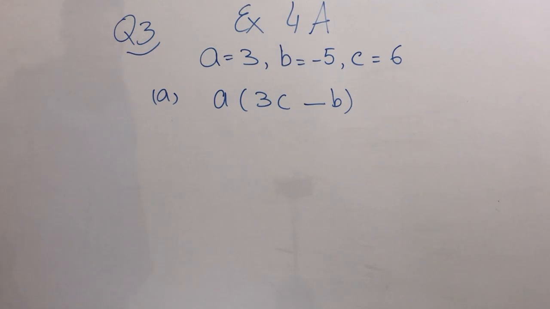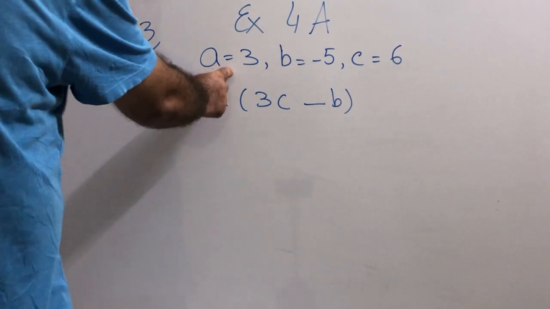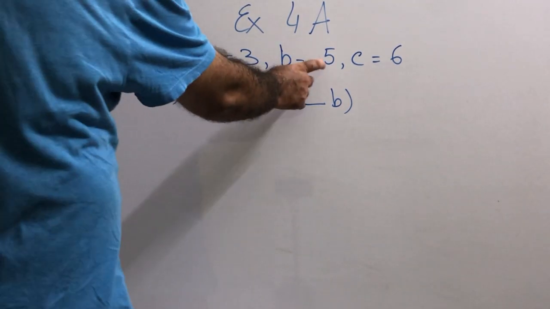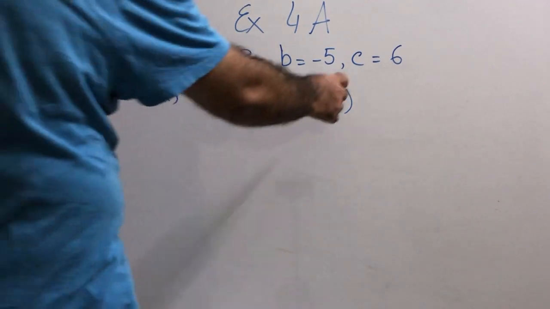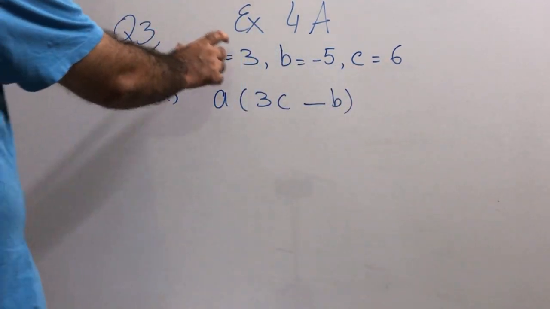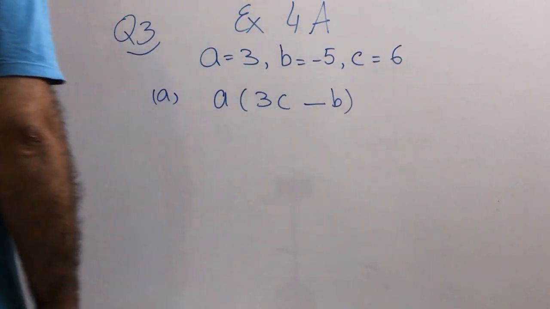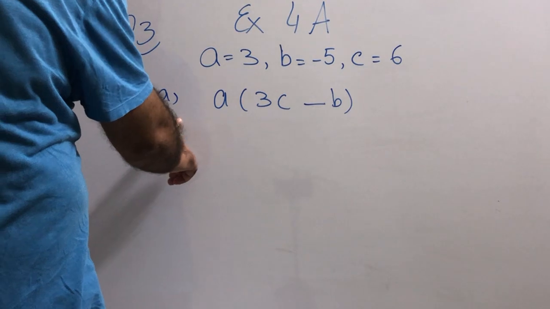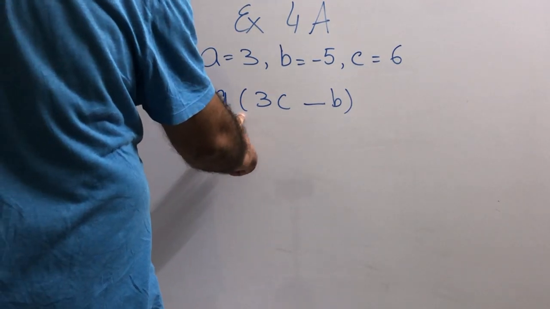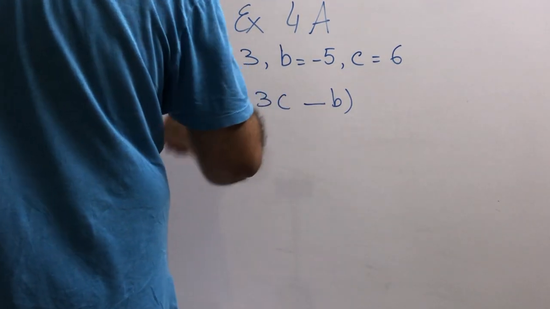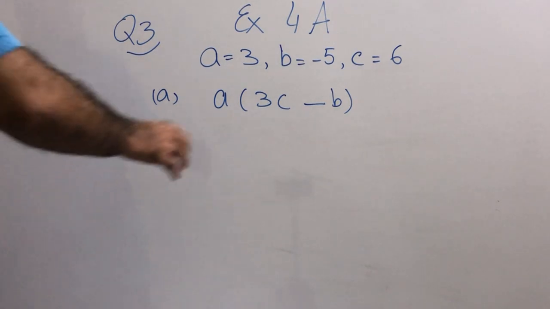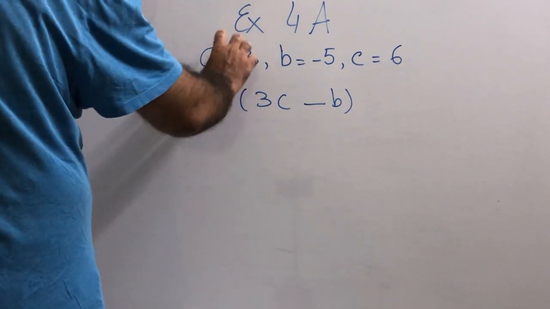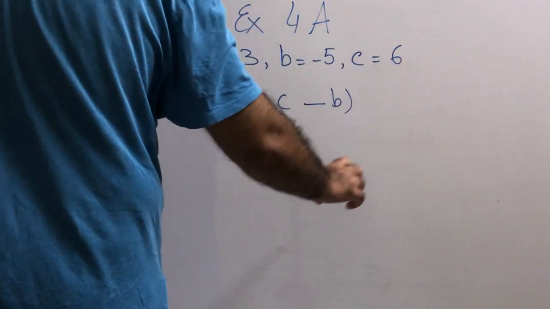Question says, given that a is equal to 3, b is equal to minus 5 and c is equal to 6. The values of a, b and c are given. Evaluate each of the following expressions. This is part A. Expression is given: a into 3c minus b. So we need to find the value of this expression by putting the values of a, b and c